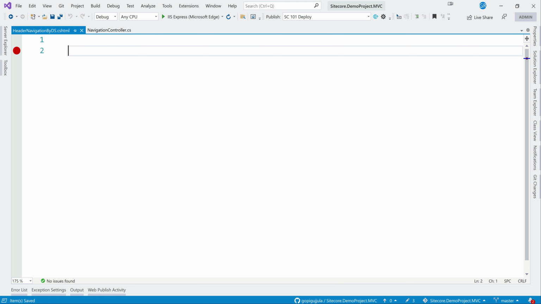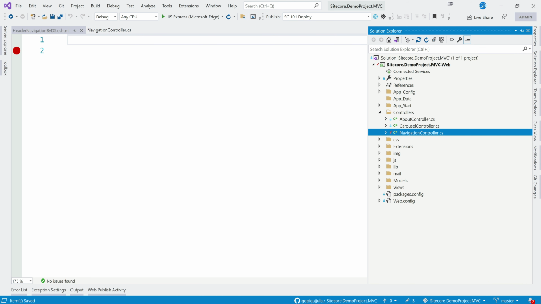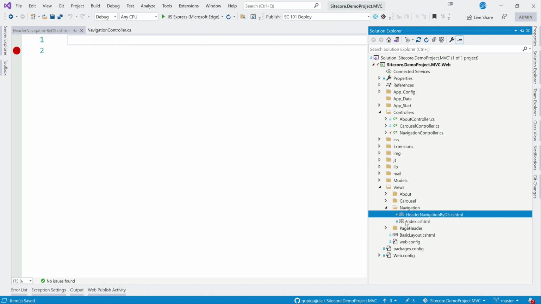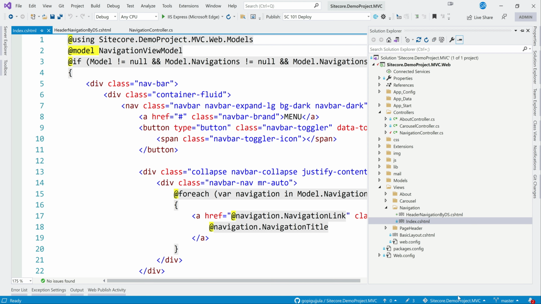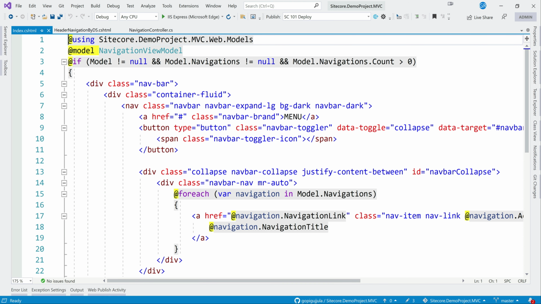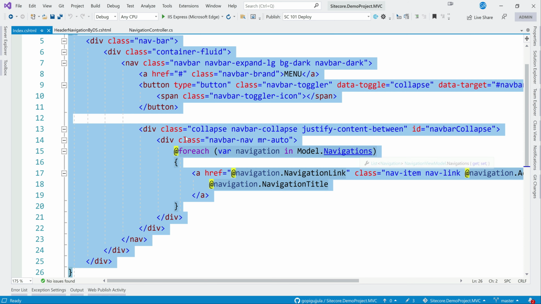I could use the same view as well, but let me do it this way only, so that if someone is reviewing or checking this code later, they will have both the approaches here. So let me just copy this.